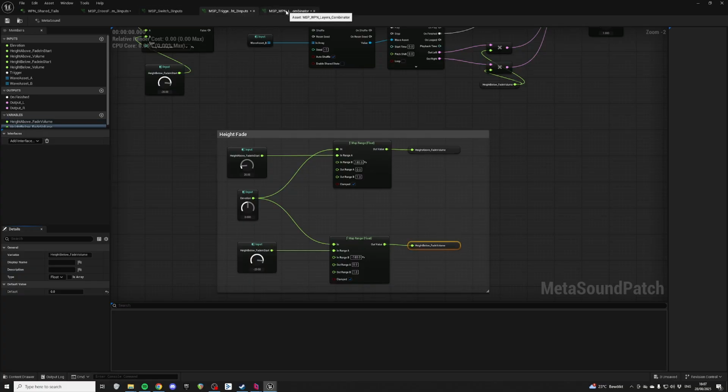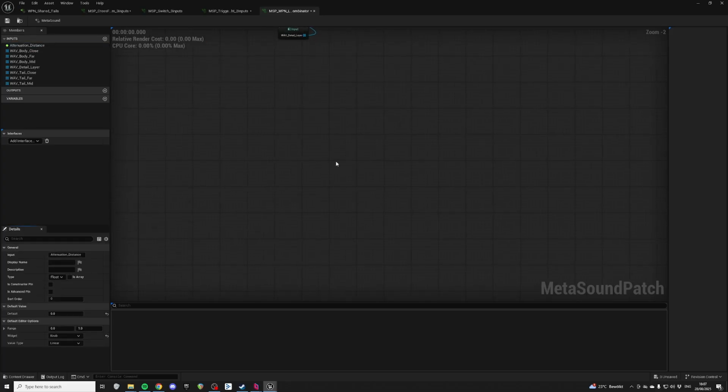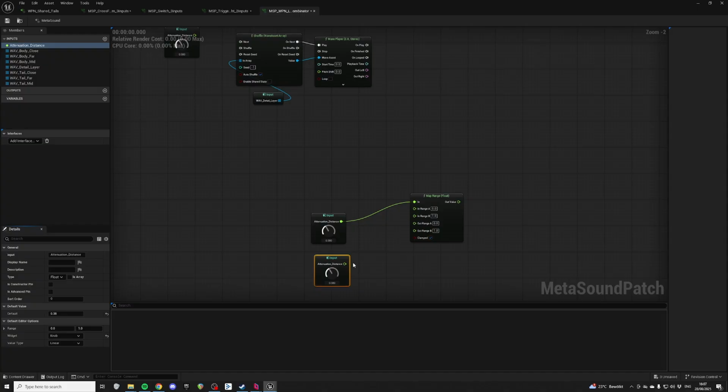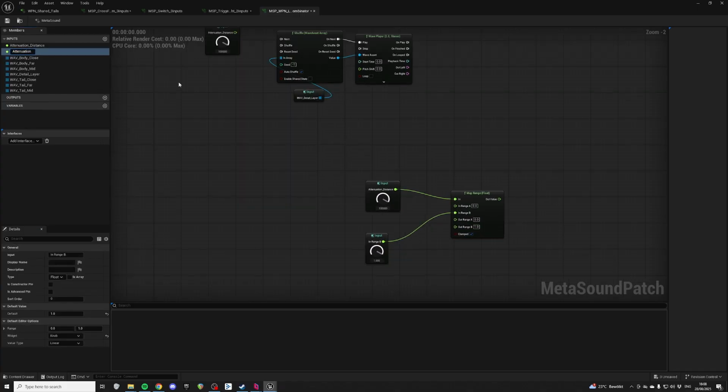So what we're going to have here is actually doing something slightly new. We get the distance and we say map in range, float, and it's going to be from 0 to our attenuation distance. That's the maximum. And this we want to set to our 100,000. Remember, that's the 1 kilometer distance. Oh, wait, this has to be max distance. Create an input, yeah, call this attenuation maximum distance, and that will be, for this particular sound,